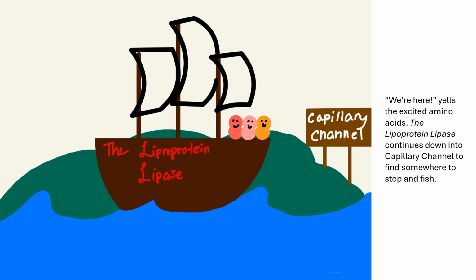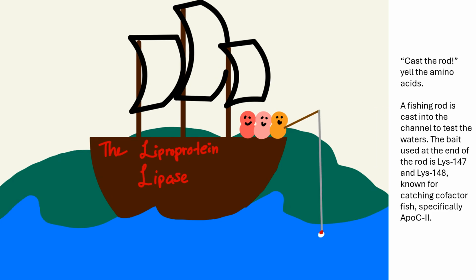"We're here!" yells the excited amino acids. The lipoprotein lipase continues down into capillary channel to find somewhere to stop and fish. "Cast the rod!" yell the amino acids. A fishing rod is cast into the channel to test the waters. The bait used at the end of the rod is lysine 147 and lysine 148, known for catching cofactor fish,